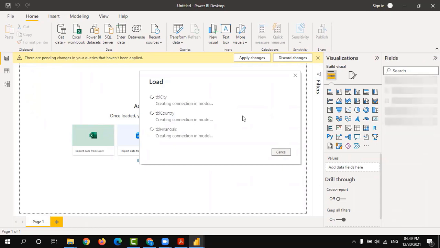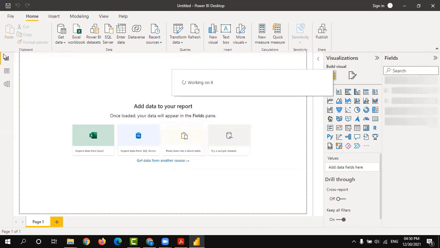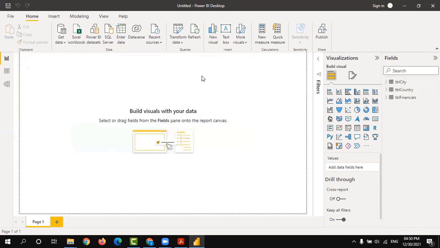Wait for some time. Yeah, now we get data. So in this canvas, we still don't have any visuals.